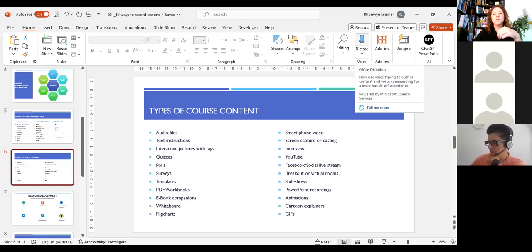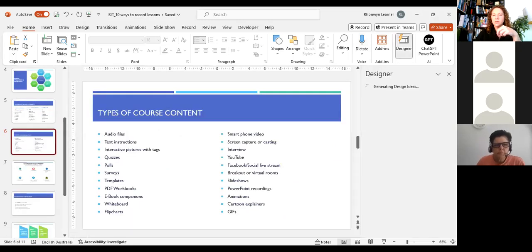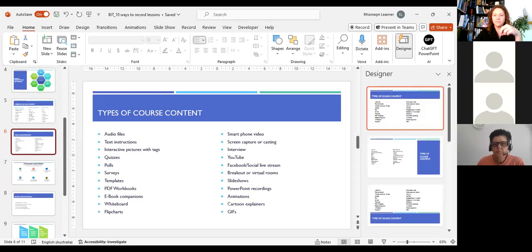as well. So if you find it's much easier to talk through your thoughts and get your slides built, this will be a great speed up for you. The second thing is this Designer tab, which is kind of like an AI thing. What it does is it'll take this really boring slide I've made and say, hey, we could work